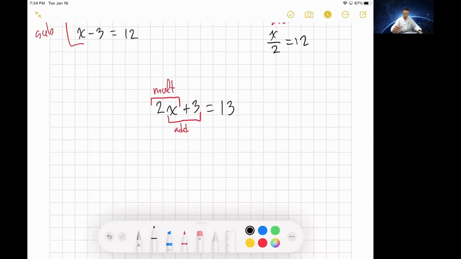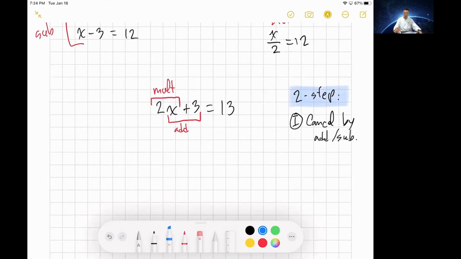Always, always, always, when you have a two-step equation, number one step is to cancel by adding or subtracting, okay? You definitely want to copy this, okay? That's always the first thing you want to, no, I shouldn't say always because I'm going to teach you how to do exceptions after this, but in this particular situation, and most times, you will want to cancel or take care of this relationship first,